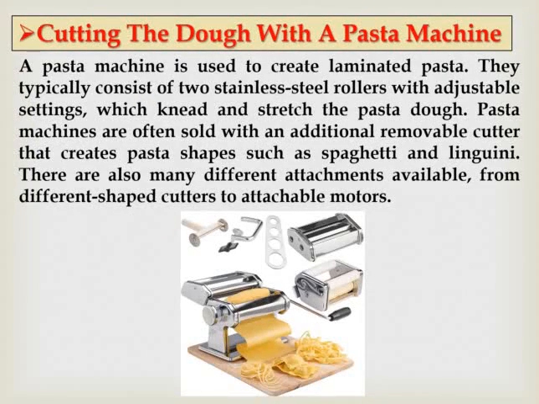Next is the cutting machine. The cutting machine is normally used for laminated pasta or different types of pasta cutting. Different types of pasta are prepared with different techniques, but certain categories use this machine because laminated thin sheets are required for making that type of pasta. Different types of spaghetti and linguine are prepared with the help of this cutting machine. In this picture you see that different attachments are available, so they can prepare the thickness of the laminated sheet according to their pasta.